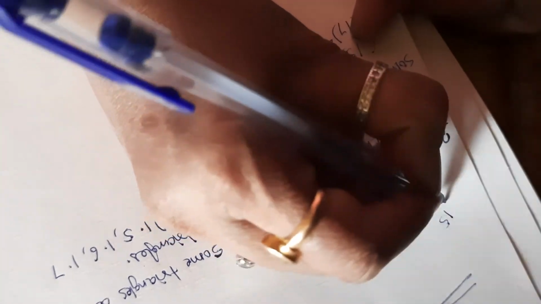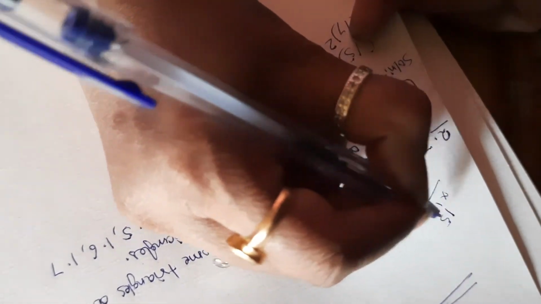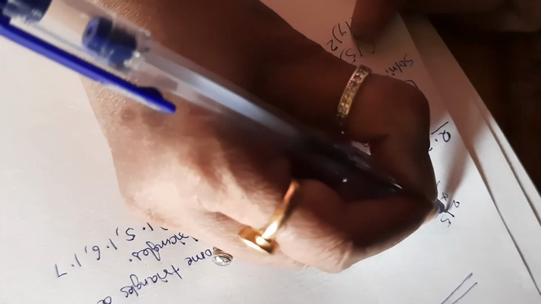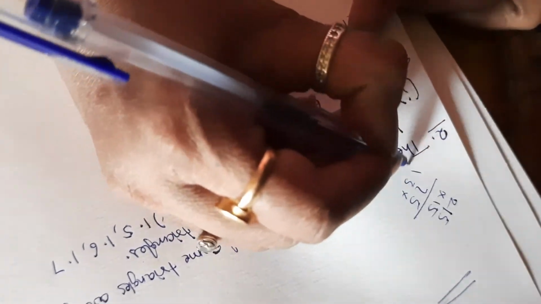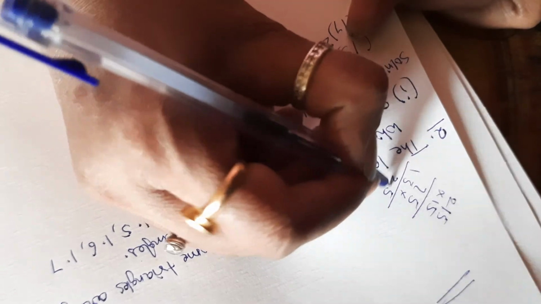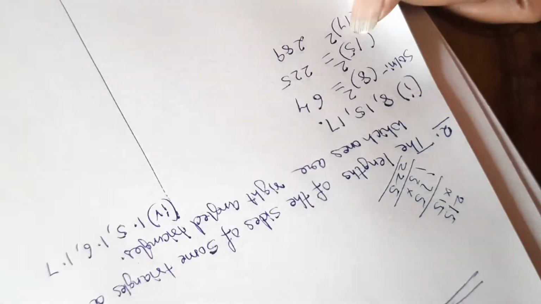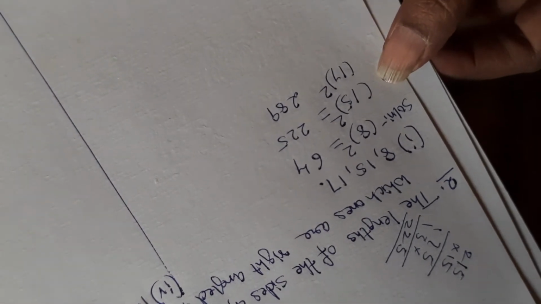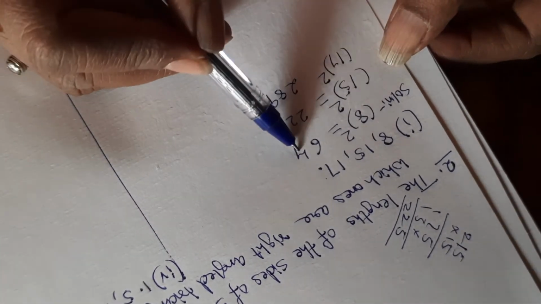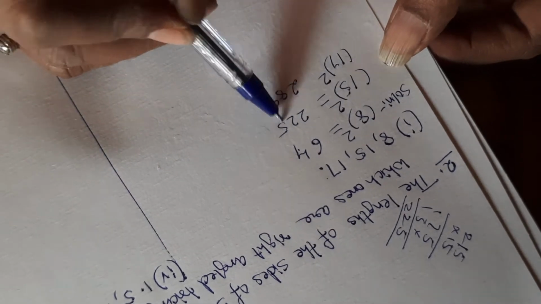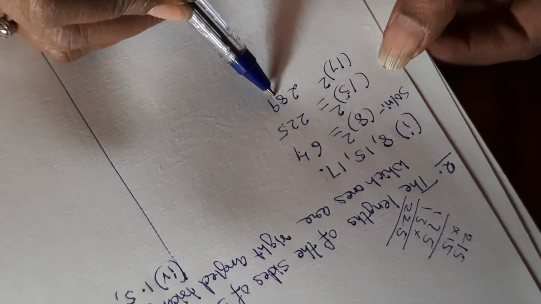See like this. 15 into 15. 5 fives are 25, 2 carried here. 5 ones are 5, 5 plus 2 is 7. 1 five is 5. 1 one is 1, 5, 7 plus 5 is 12, 1 carried, 225. If you don't know the table, you can always multiply and see. So now in this 8, 15, 17, we got 8 square 64, 15 square 225, 17 square 289.